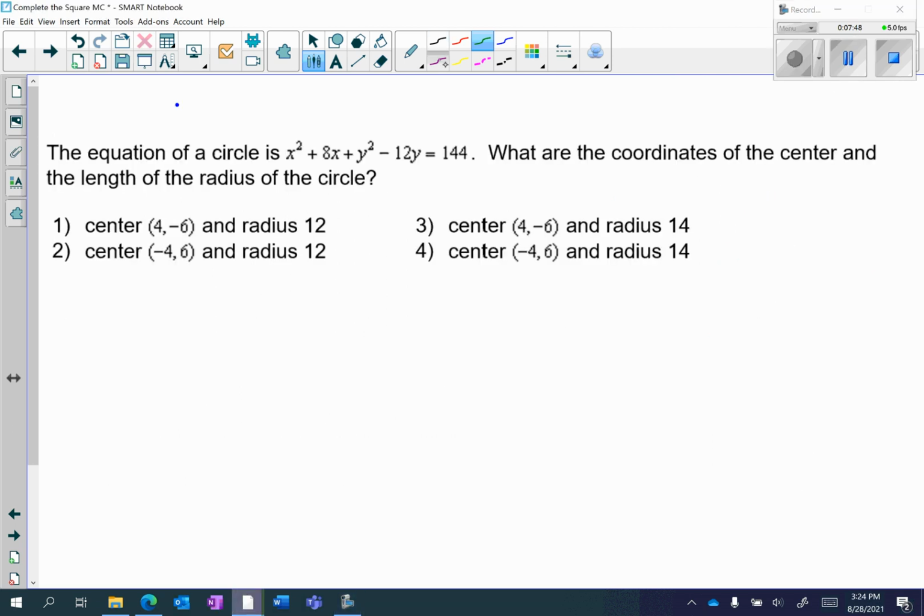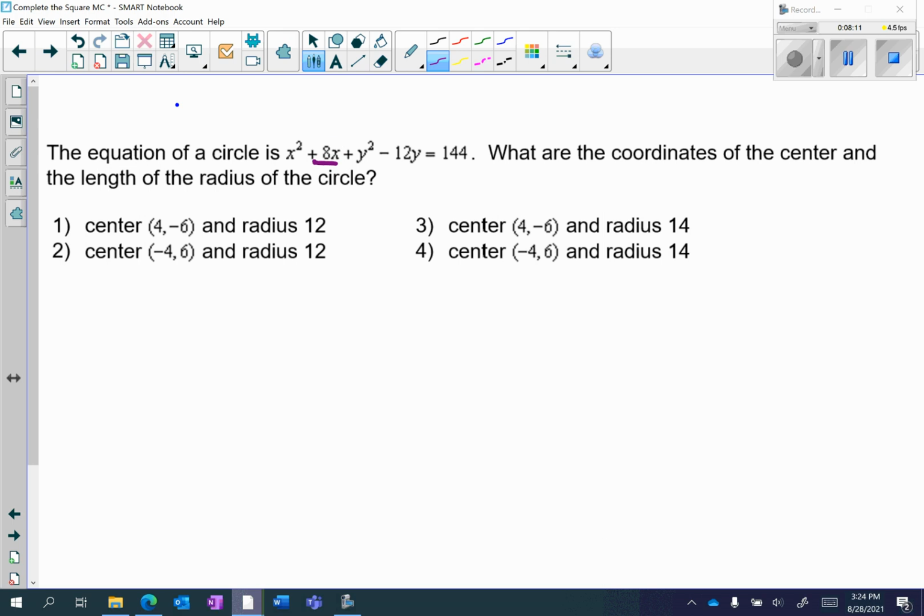Let's take a look at this example problem. It says the equation of a circle is x squared plus 8x plus y squared minus 12y is equal to 144. What are the coordinates of the center and the length of the radius of the circle? So we're going to use the two strategies we just discussed to answer this question because it is a multiple choice question. First thing we're going to do is look at the signs in front of